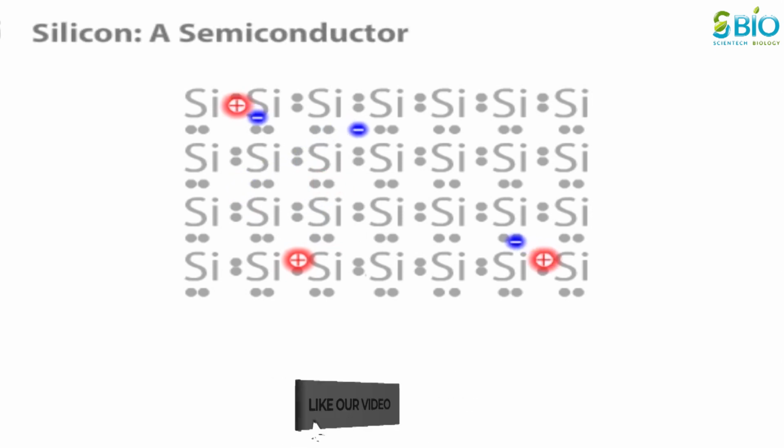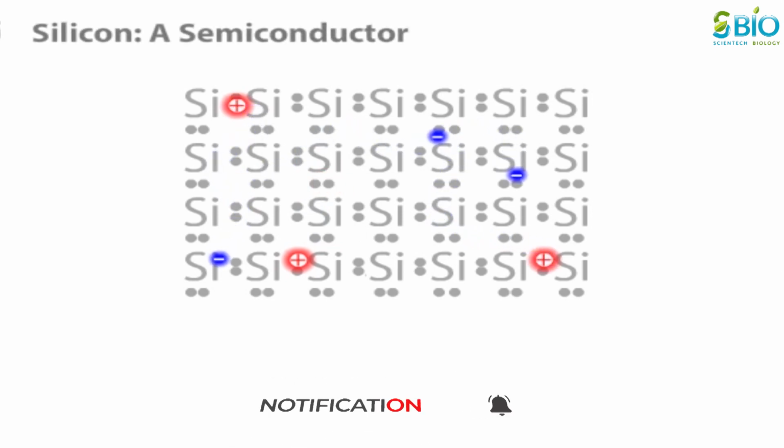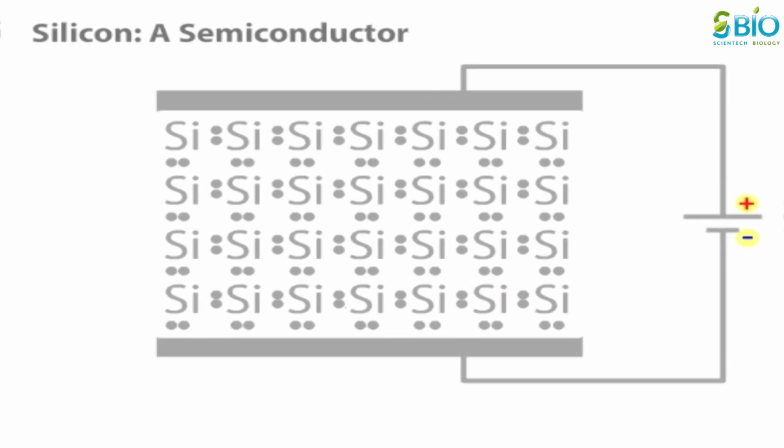Silicon is considered a semiconductor. At any one time, a small number of the silicon atoms in the crystal gain enough energy to eject an electron, leaving behind a positively charged hole. The electron and hole soon recombine, while newly ejected electrons repeat the pattern. If a voltage is applied to the crystal, the free electrons and holes migrate in opposite directions in the electric field towards oppositely charged poles. This migration represents a relatively small current flow.